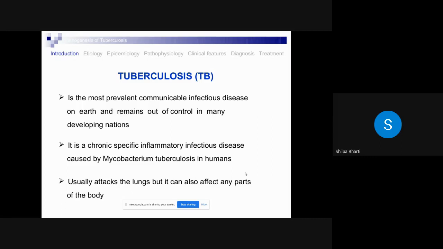The bacteria are capable of further dividing and causing the infection. More so, if the person does not complete the whole course of treatment, then the bacteria get